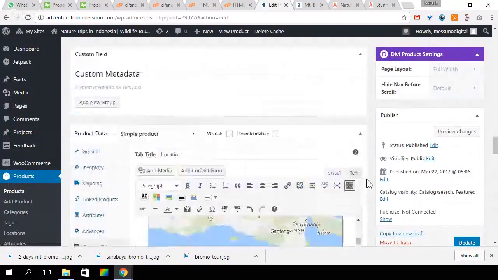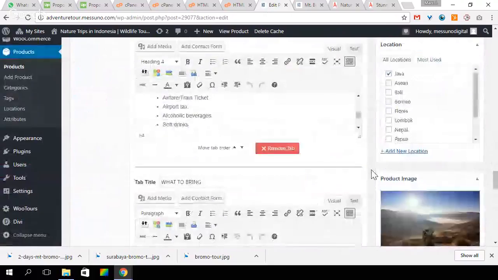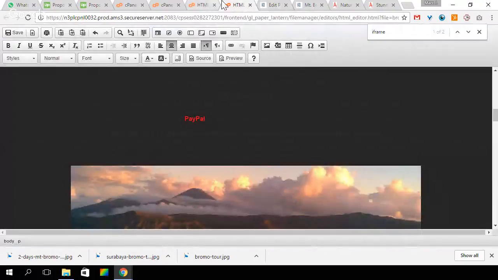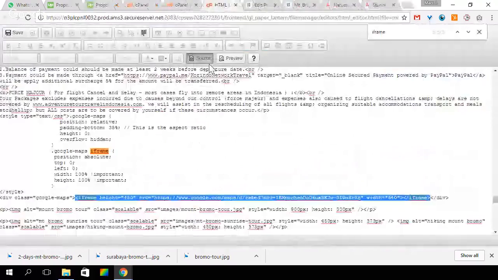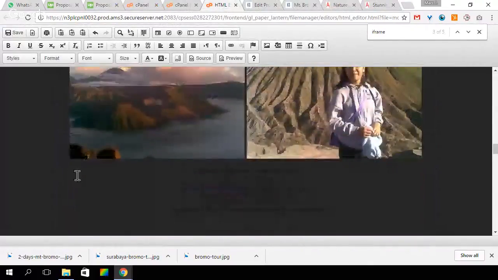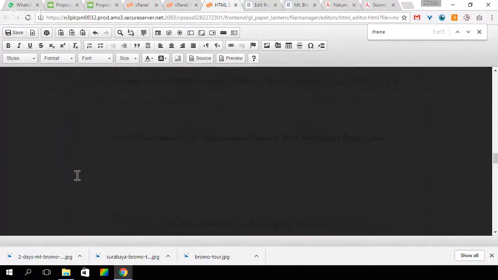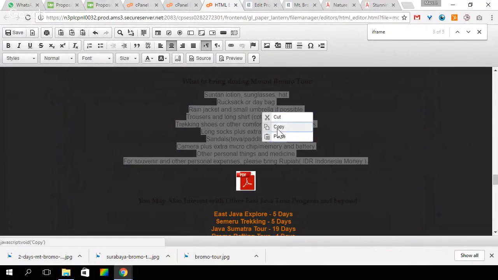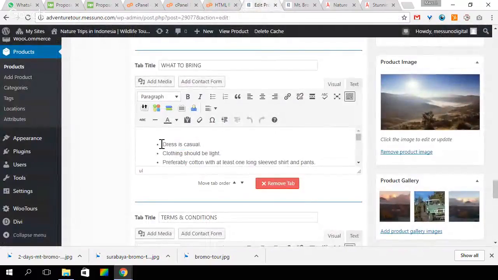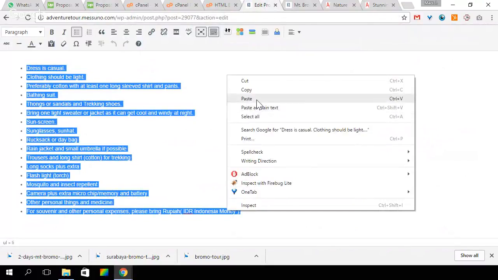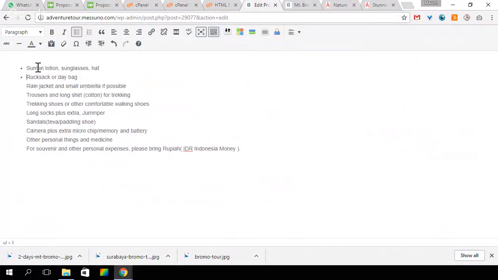So here my tab is on the top, and then I'm going to change to the real one, what to bring. So I'll click again to source. I go down to what to bring here, copy, and I just full screen, and I just paste, and I just add the bullets. You have to delete and